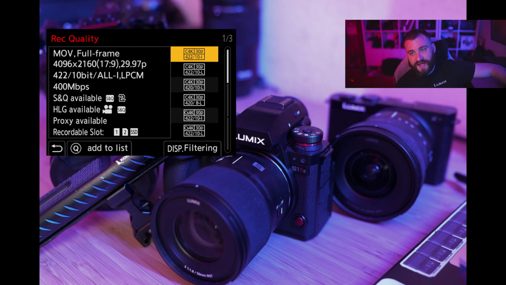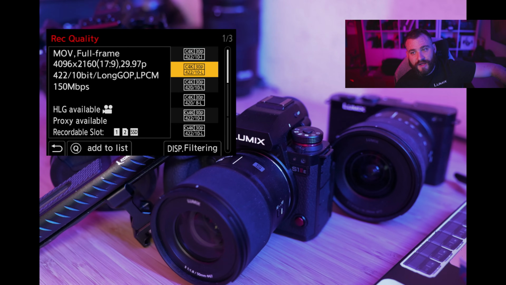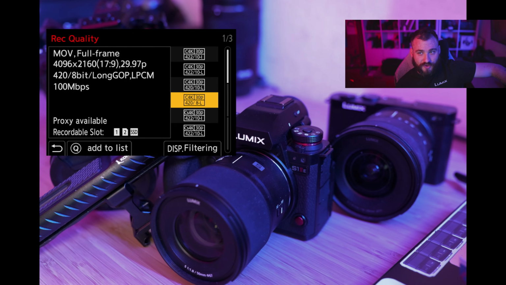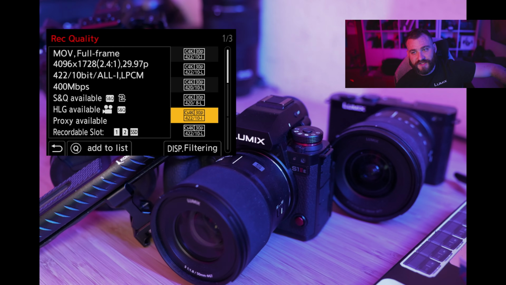So at 30 frames per second, I have 16 options that I can use to record with proxies. If I hit menu set, it shows me that filter, and you'll see that proxy files are going to be in the 4K or the C4K range and below. Now I know, okay, I want a 2:4:1 ratio. I can either just scroll down through this, because now we're only down to 3 pages. I can see, okay,